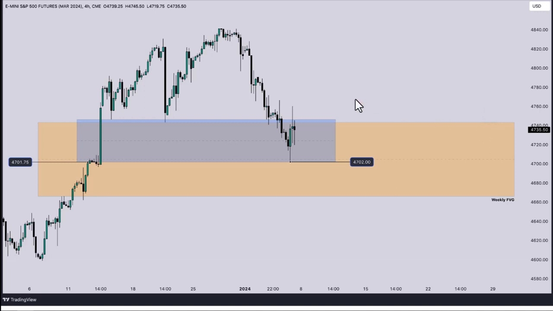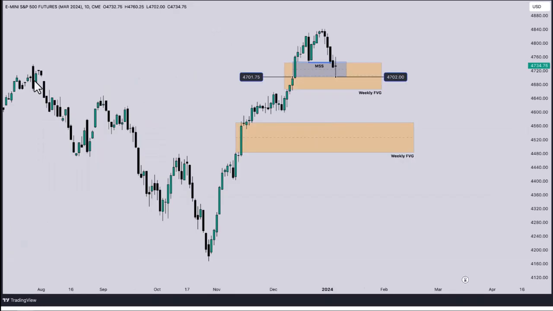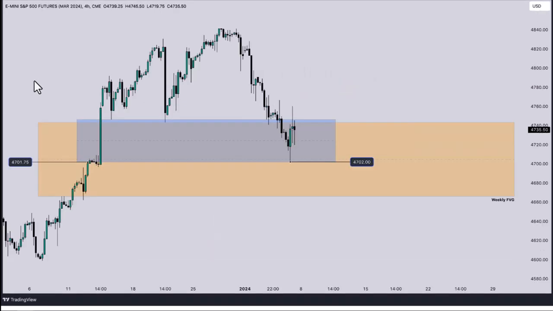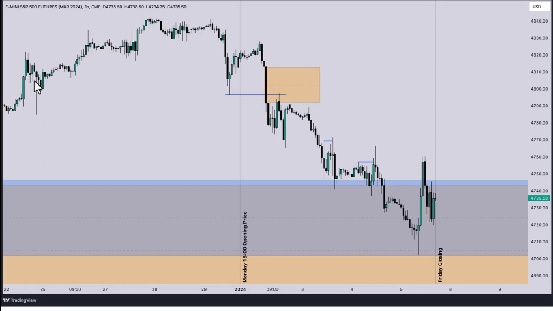So now this is the 4-hour chart. This is just showing a little bit more of an example. As you can tell, we have a market structure shift on the 4 hours as well. So not only is it the daily, but it's also the 4-hour market structure shift. And just showing 47.01 and 3/4, what candle was the one that formed, and the lowest at 47.02 for last week Friday. This candle,